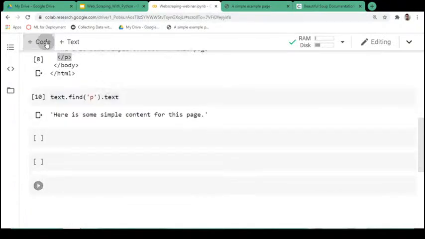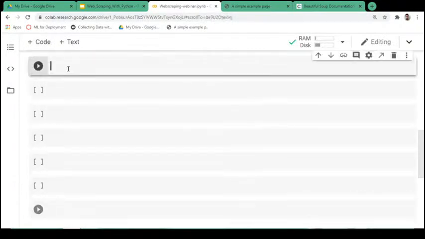scrape it. All right. So let's say you want to buy a house. You want to buy a house or apartment or something, and I want this house in Hyderabad. All right. So here what we can do is,